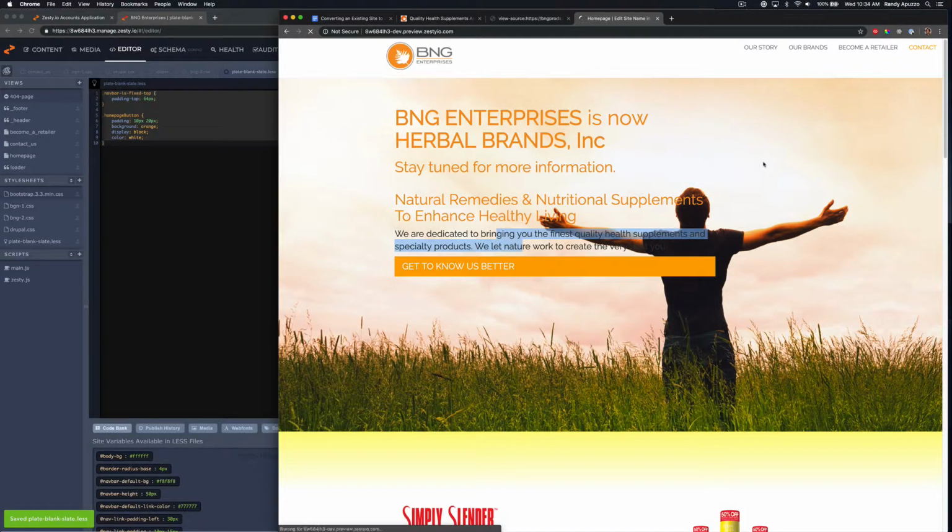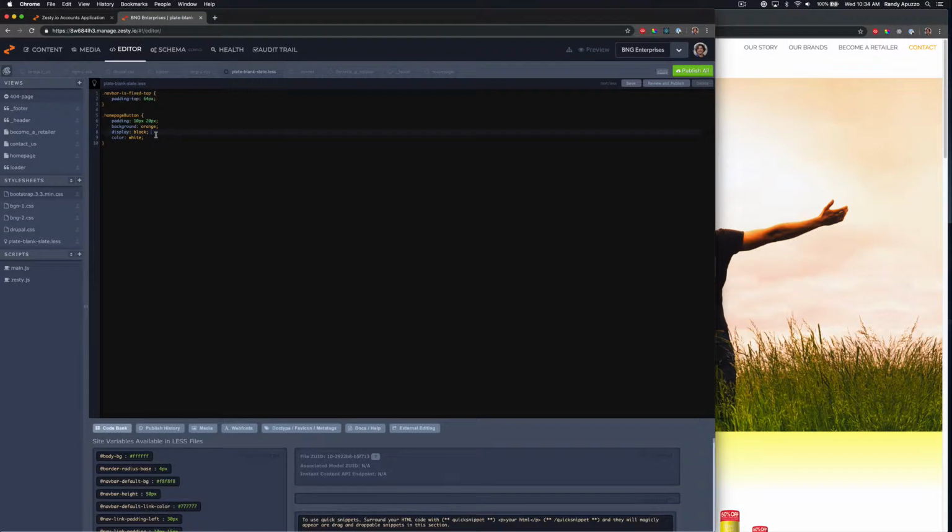Save, refresh. Okay, home page button's starting to work. So now, we're using Less, so on hover, color dark orange. I don't know if that's even a thing. I want to add a border radius on this, 5 pixels, and we'll make it max width 300 pixels,